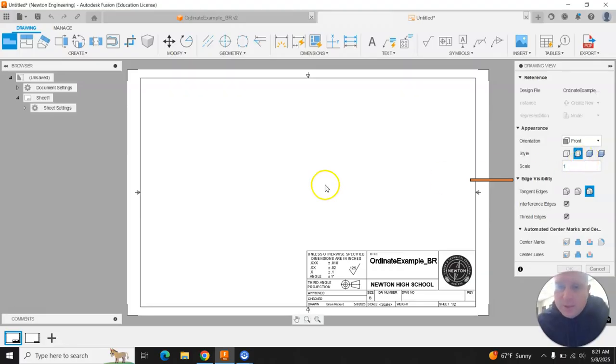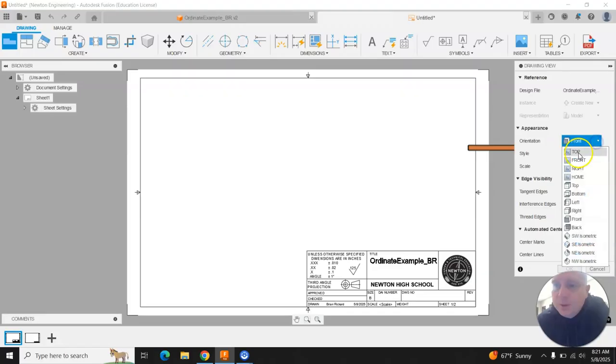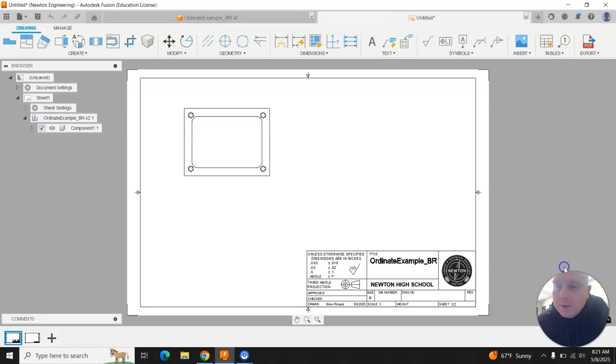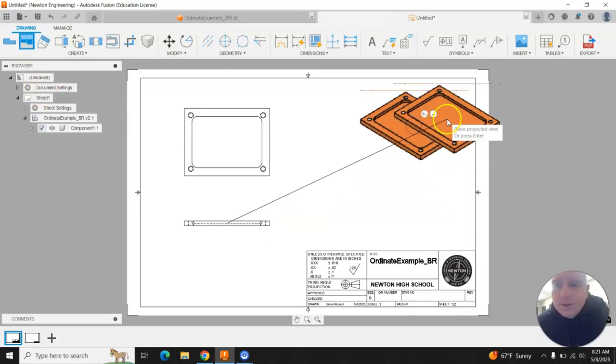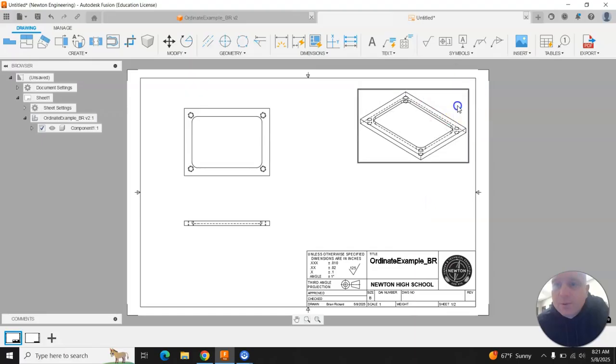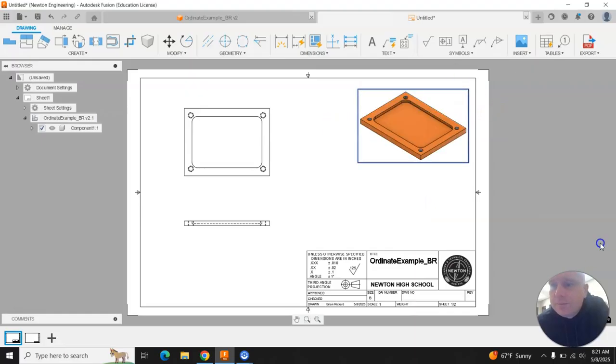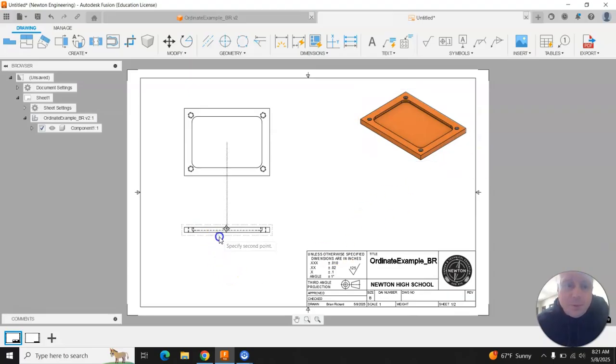I'm going to change the scale to 1. I'm going to select to place a top view first. Click OK. From there, I'll project the front view, and from the front view, I will go ahead and project the isometric view. I'm going to make sure the isometric view is shaded. Now we can zoom in and start working on